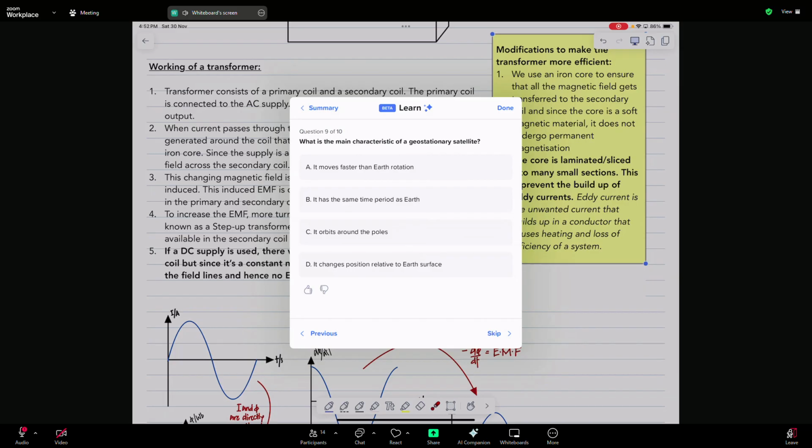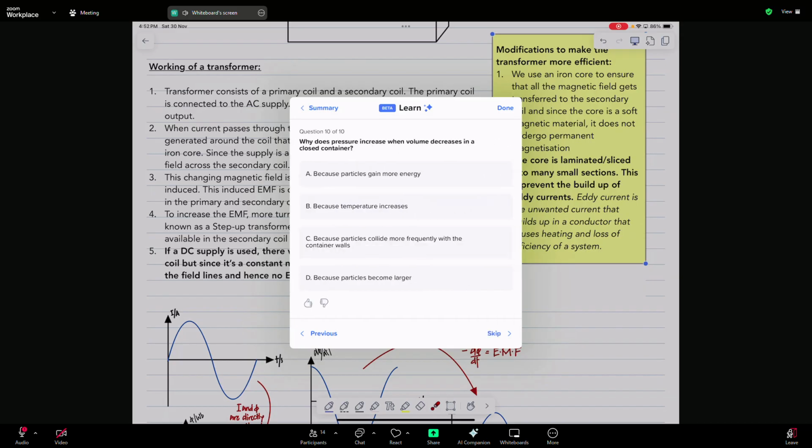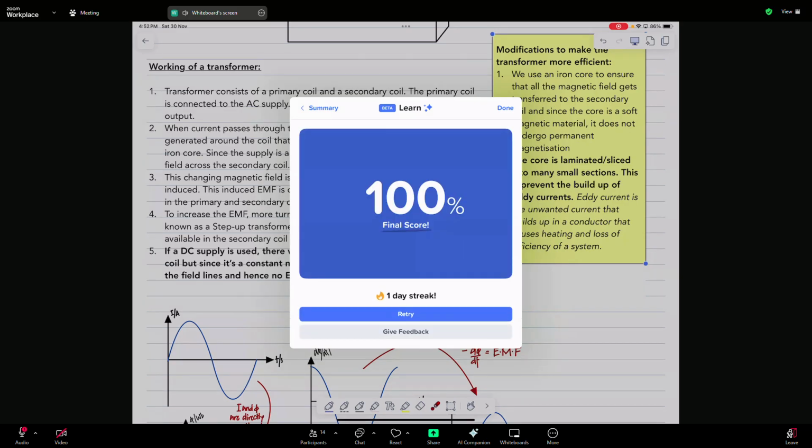What is the main characteristic of a geostationary satellite? Yeah. And why does pressure increase when volume decreases in a container? Yeah. Right. So